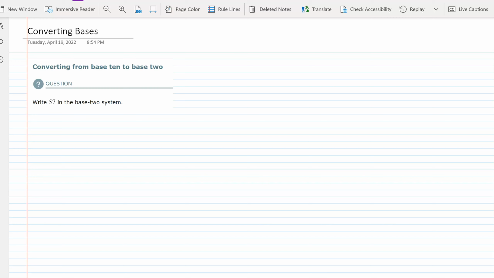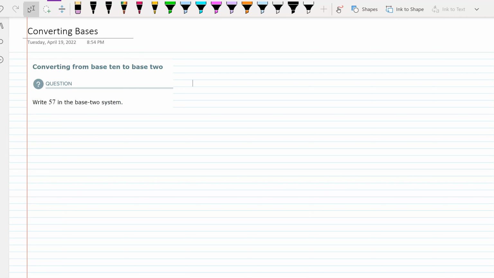Hey guys, it looks like some of you are having some trouble in converting bases. So let's talk about the topic converting from base 10 to base 2, which many of you are ready for, but have not been able to master. So base 10 is our regular base. If we want to convert to base 2, the first thing we need to do is think about the powers